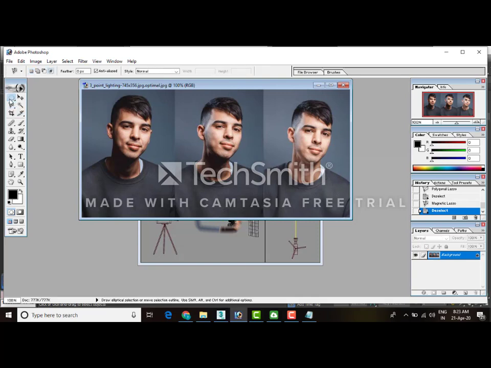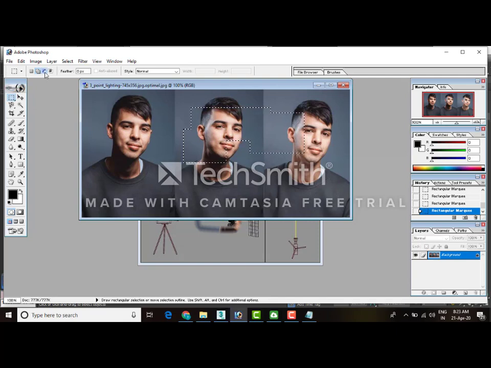Now suppose I have taken a selection. Whenever you select any tool over here, its sub-options will be displayed on top. This is for new selection. That means if I make another selection, the first selection will be gone. And if I make a third one, the second will be gone. This is add to selection. So if I make another selection, both selections will be there on the screen. Or if I make another one, intersecting them, they all will add up.